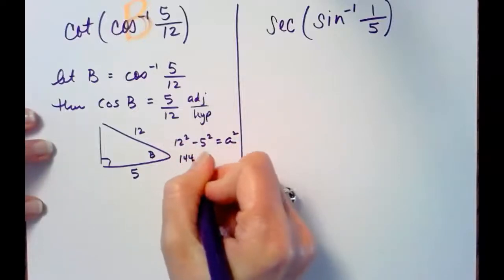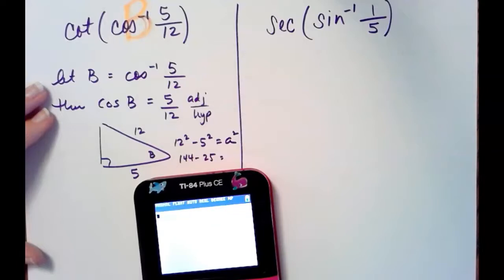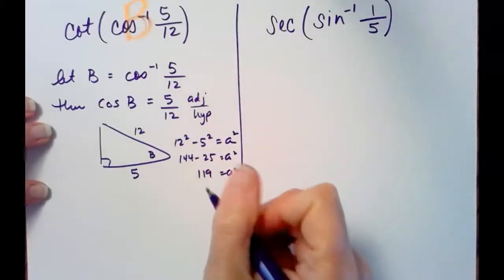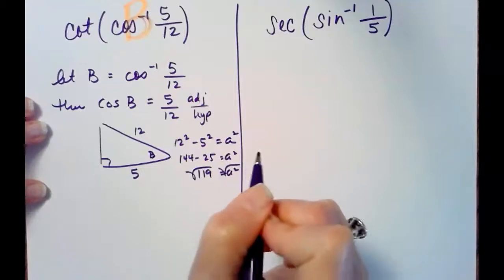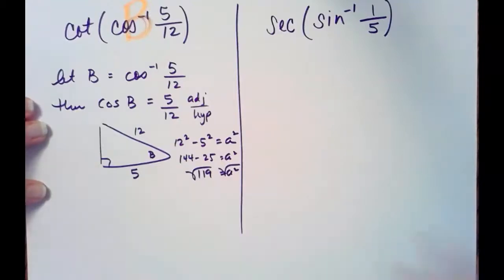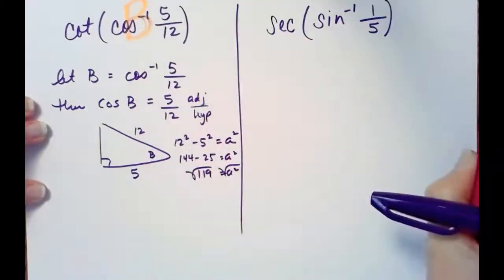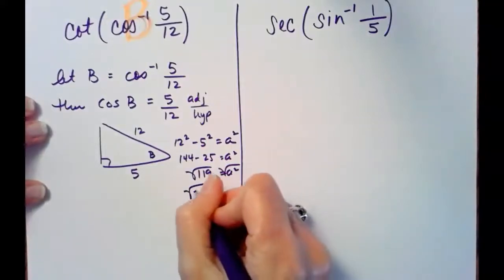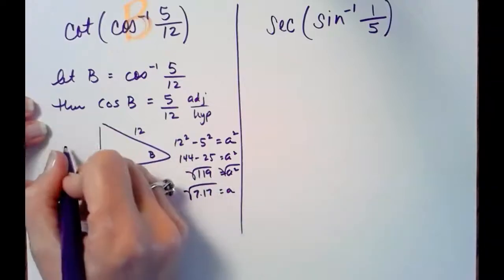So that is 144 minus 25. 144 minus 25, I'll check it on the calculator since I'm a little sleepy. That is 119. So 119 equals a squared, square root. I don't think 119 has any factors. I believe it's a prime number. Let's be sure it's not divisible by 7. Divided by 7. Oh, it is. It's 7 times 17. What do you know? But it's a product of prime numbers. So even though 119 is 7 times 17, still not going to simplify. So we're just going to leave it